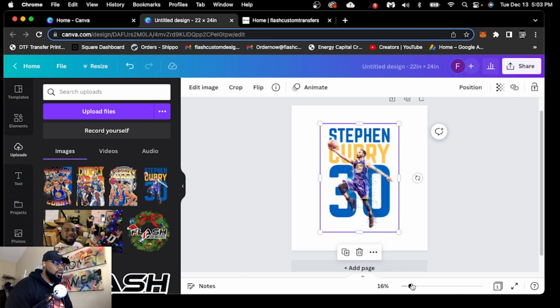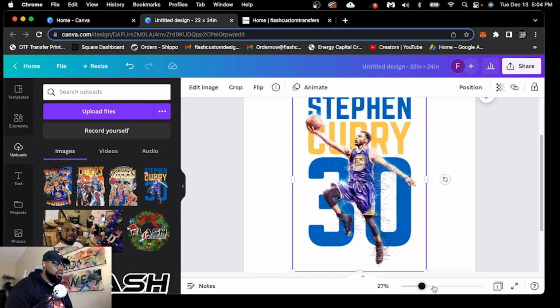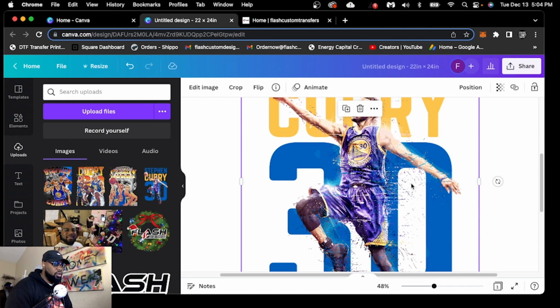Now, let me just point out something really quick. You will run into issues with all of these little dots. Actually, if you were to send us this image, or if you were to ask to get this image, we would recommend that you get rid of all these. You can leave them here on the 30 because they'll actually print. All these little spaces right here, the printer has to compensate for that. And then the printer also has to put adhesive. And depending on the size that you get them, if those dots are really small, the adhesive is not going to